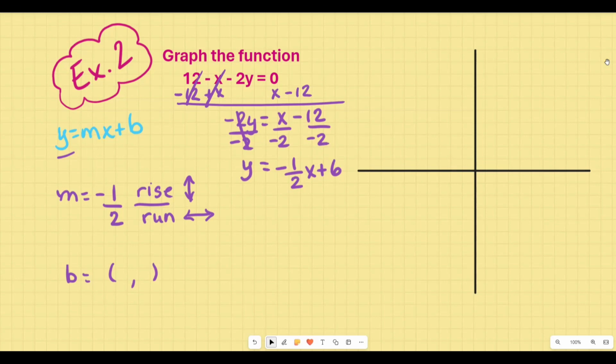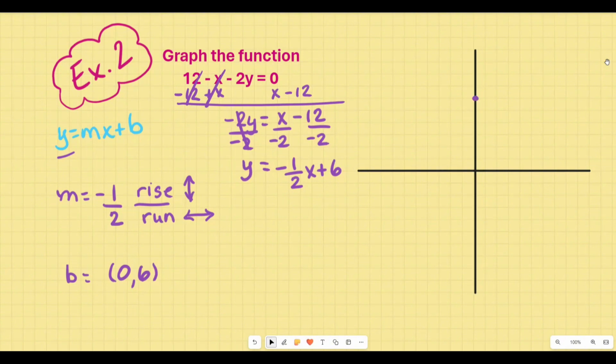Well, y-intercept means that my x value is 0 when y is whatever this is shown as. If it was a negative 6, I would put negative 6, but it's a positive 6, so I'm going to put positive 6. This is my starting point. I want to actually go to my graph, and I want to go where x is 0 and y is 6. So I'm going to count up my units, 1, 2, 3, 4, 5, 6, and I'm going to place